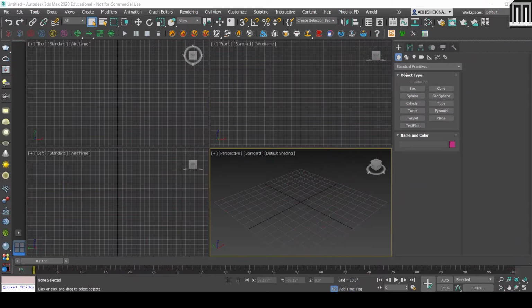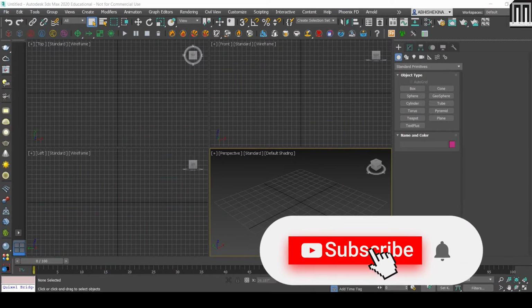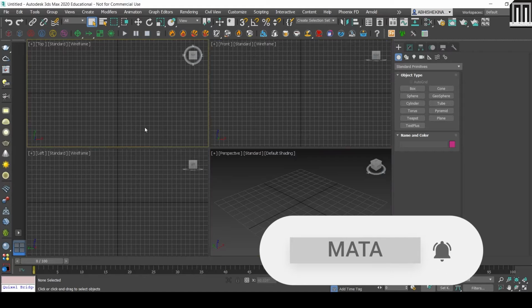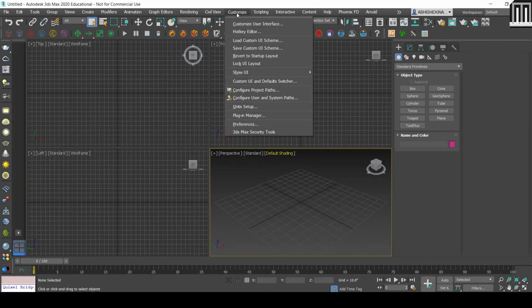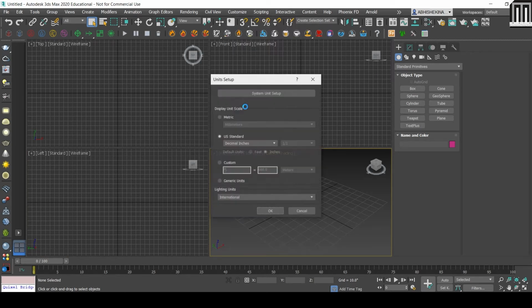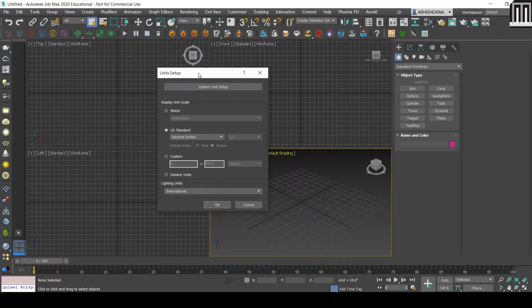Okay, so now I have started my 3ds Max 2020. Before starting any design, we have to make sure in which units we are going to work. Let's go to unit setup first. In that unit setup we have to decide in which units, like inches, feet, you are comfortable. It's not that feet are very good or inches are. You have to be comfortable in whichever feet, inches, or meters you are working around.